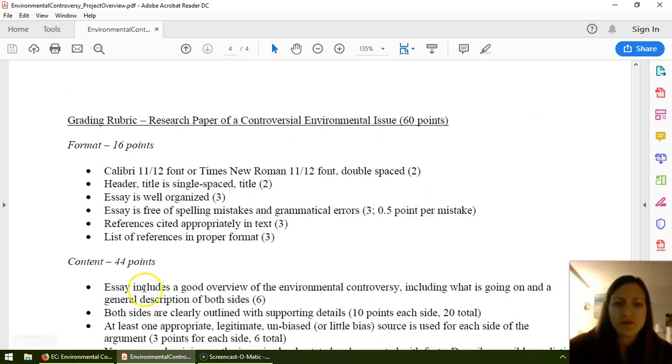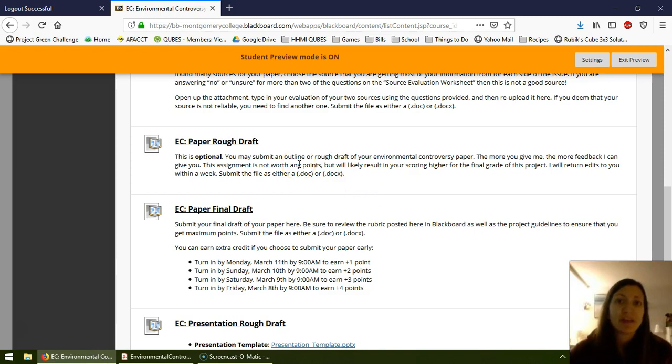And so back to the next assignment, the rough draft. This is optional. It's not worth any points. However, students who turn in a rough draft get my feedback, and if you follow my feedback, you're going to get a really great score on the paper. It's happened with all of my students. Those students get higher grades than students who don't submit a rough draft because I'm telling you, hey, you're going to miss points here because your English sucks, or you're going to miss points because you didn't really clarify what you meant by this. So I recommend everyone to do the rough draft.